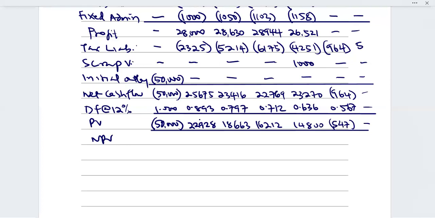Okay, final answer. Add up the positive present values net of the negative present value. What's the final answer? The negative is 50,547. So positive minus negative, what do you get? That's 22,056, correct. So in this case, in requirement A, the examiner is asking you to advise Kilimanjaro PLC whether the